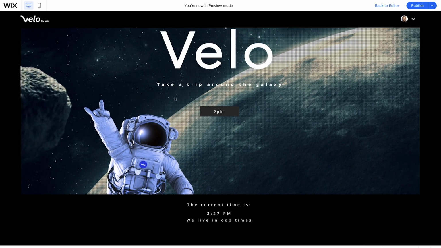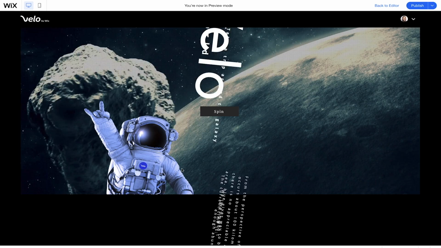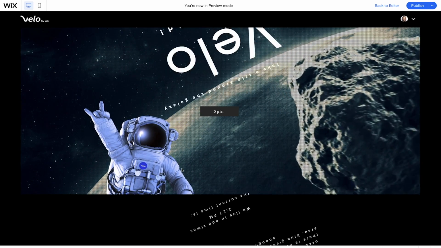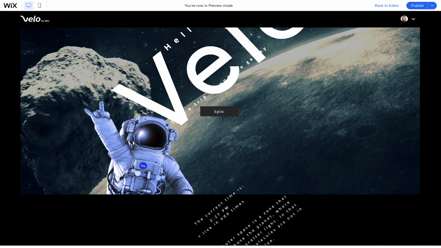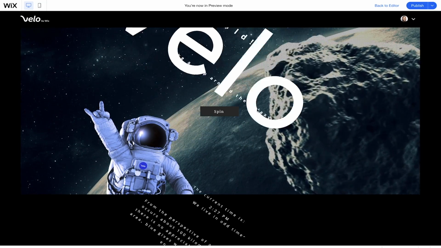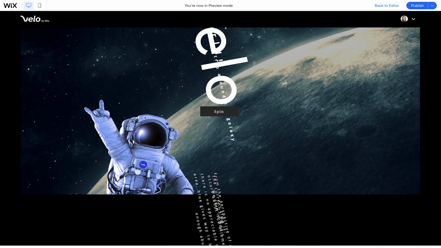So now let's spin it, and there you go. Even from the last animation that we created with the zoom from the last lesson, we can still use those things in sync with each other. Right here, as I hover over and hover out, it's zooming in and out of this Velo word that's going in a circle. So there's a lot of ways that you can use the timeline to create unique experiences on the front end with JavaScript.